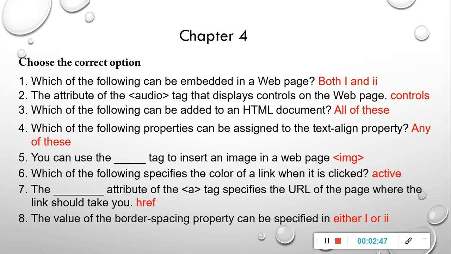If you have a textbook, then you can see the options in your textbook also. But if you don't have a textbook, you can also go through this video and find the answer.